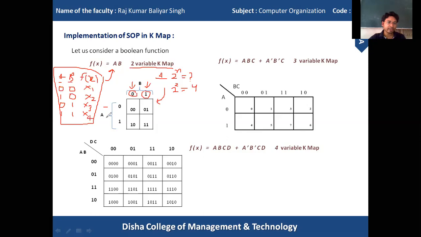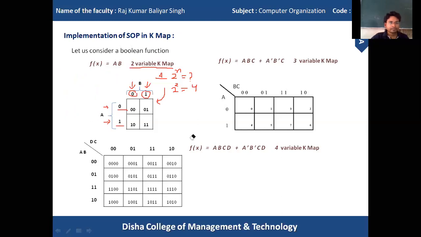The first row is represented with 0, and the second row is represented with 1. The column side is represented as B, and the row side is represented as A, because each variable can take two values, 0 and 1.